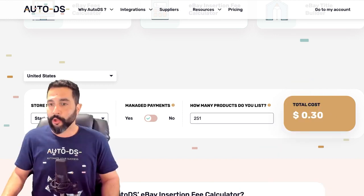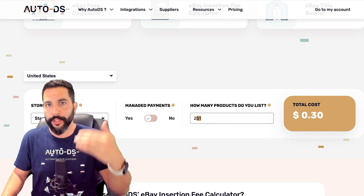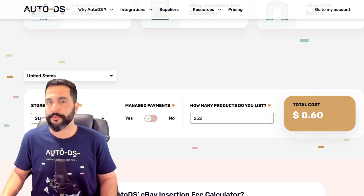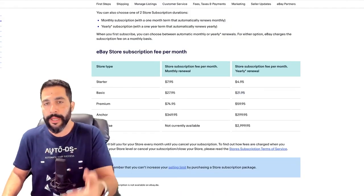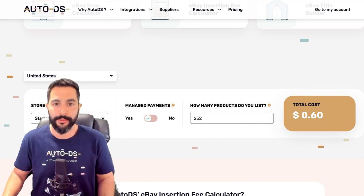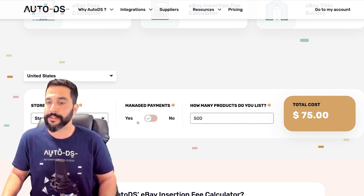And lo and behold, our total cost for this is 30 cents because we get 250 for free, and we're only going to have to pay for that extra one. So of course, 252 will give us 60 cents and so forth. So it's not time to move to the basic store yet. But once our total costs come up to how much it costs to have a basic store, which in this case it's $22 on the annual plan, that's when we'll know that now is the time to move to the next store subscription. So for example, let's say we want to have 500 listings, that's going to cost us $75